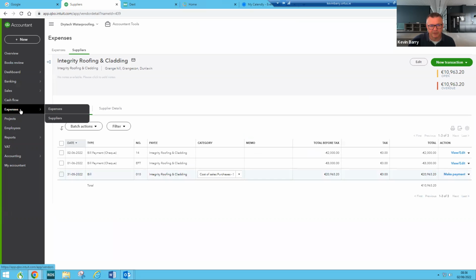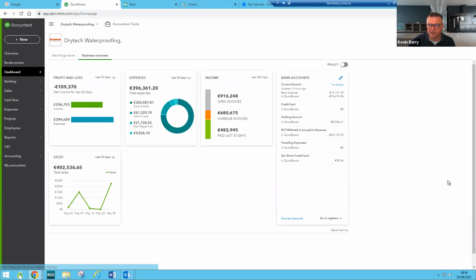Now, when that 2,000, there's probably other money that will go with it. It's being paid to revenue. So you see here, RCT withheld to be paid to revenue. Ideally, this would be zero because all the money we've held back has been taken by revenue. In your company, it'll come out of the current account. Okay, and when it goes to revenue, what you do is you call it a transfer from here to here. Okay,